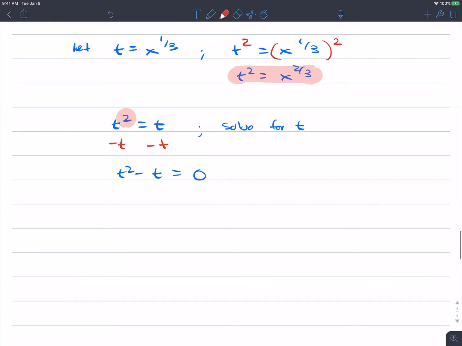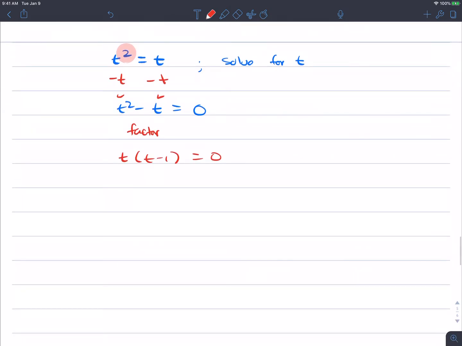Now, we want to factor this. We want to factor the left side. So we can factor out the t from both terms, and we'll get t times t minus 1 equals 0. And then again, by the zero product rule here,